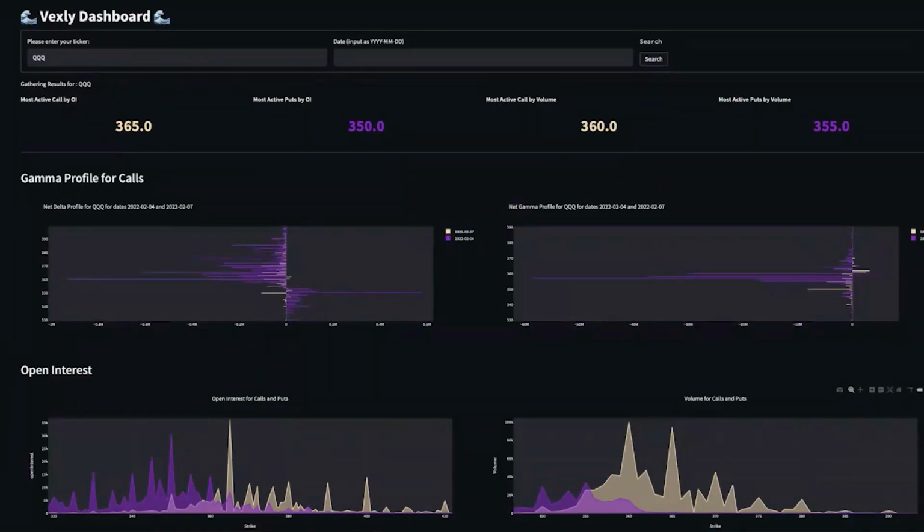So this shows exactly the picture that I was describing with the gamma profile. You combine the two together, and if you look further up to the top, you can see that's all negative on the top left. That corresponds with the action that we saw today, where we had all of this price action moving us higher and higher on the QQQs,